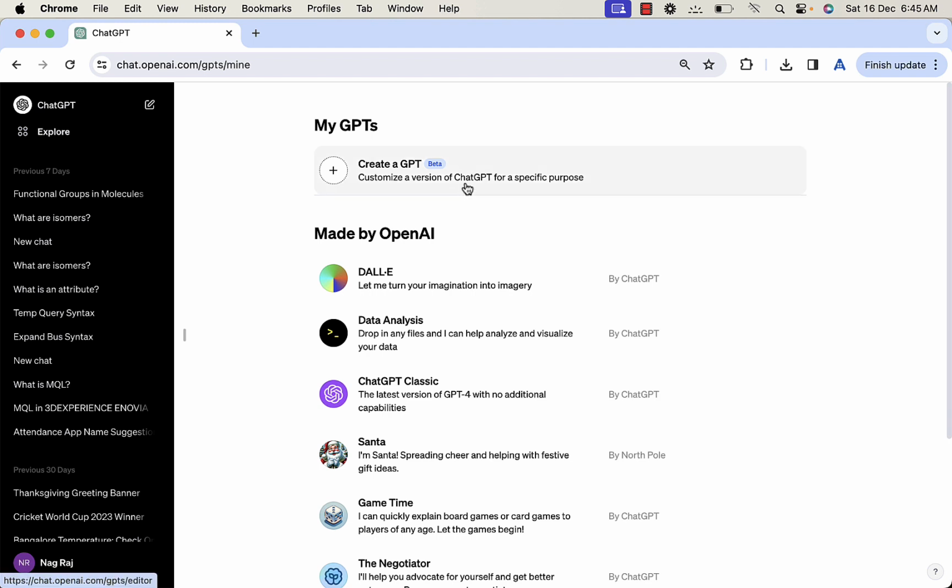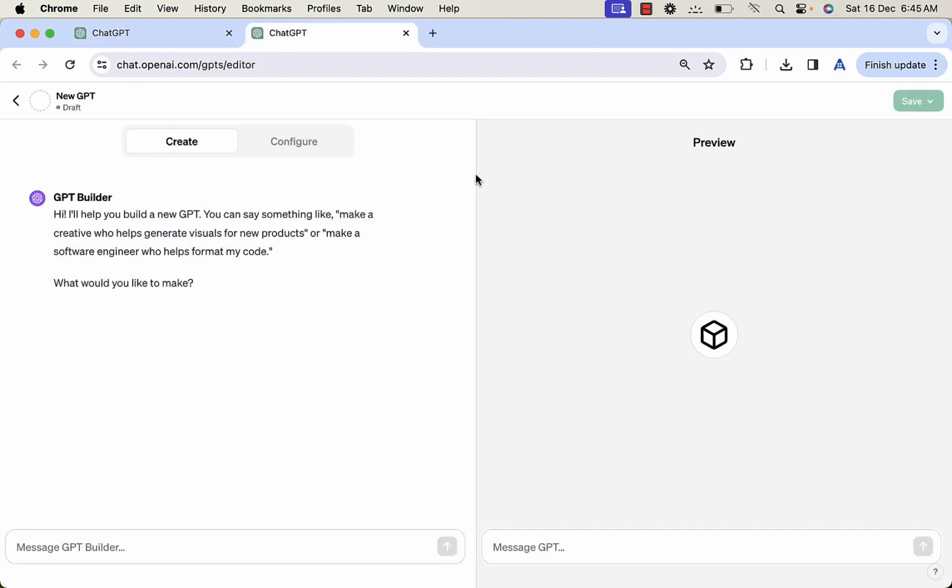Now what we are going to create is a new GPT. So we go and create a GPT here. This is a GPT builder and we don't need to do any coding for this. It's just the way we use the normal GPT. You can build the GPT also in chat form. It asks you a question, what would you like to make? And first I'm going to say I'm going to build